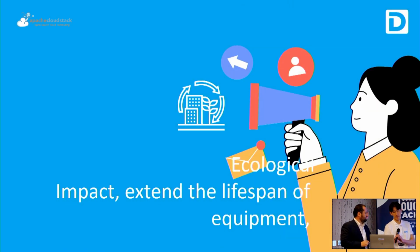Also, ecological impact: extend the lifespan of equipment. Ecological, Joffrey, please. Yes, of course, because you extend the lifespan of your equipment, you don't have to buy a new one. Maybe you've listened to the talk of Widow this morning. They go deeper into this subject. But yes, basically you don't have to purchase a new one. You don't have to manufacture a new server, so you save on resources, which is always nice. So it's great for nature, I think? Yeah, okay. It's better, but...